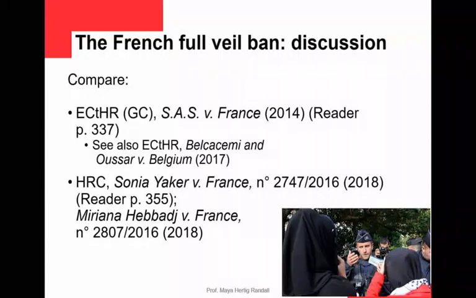So a wide margin of appreciation is given, and they also refer, at paragraph 129, to the consensus and common values, etc. And then basically the court says there is no uniform conception of the significance of religion in society,